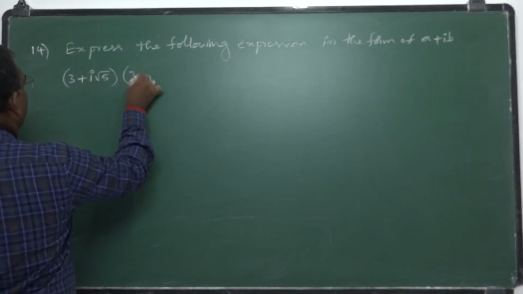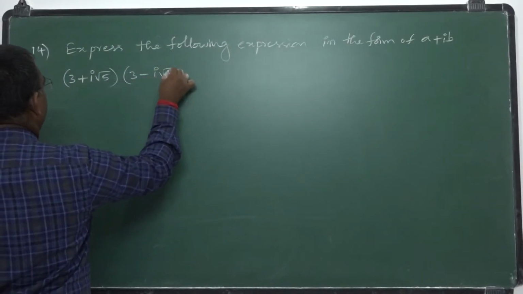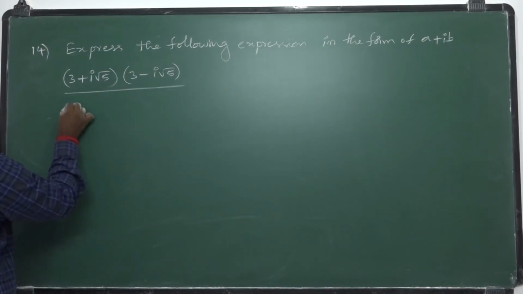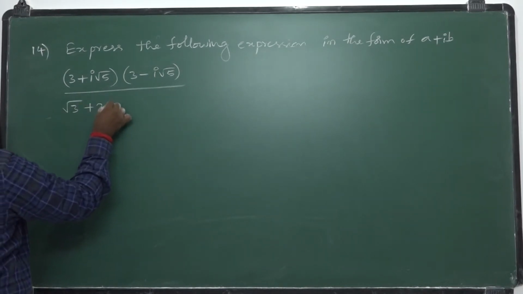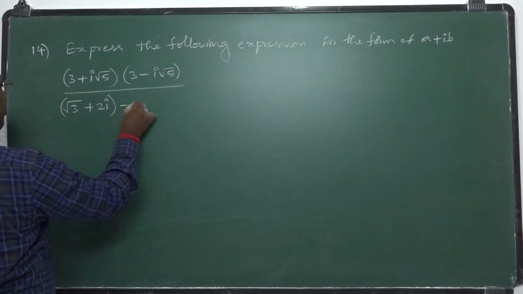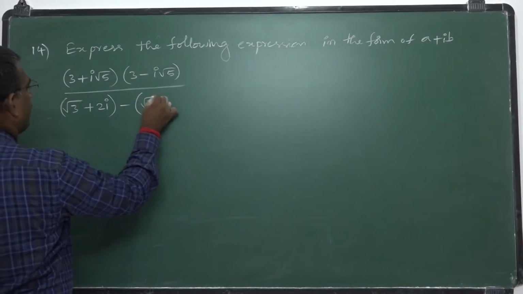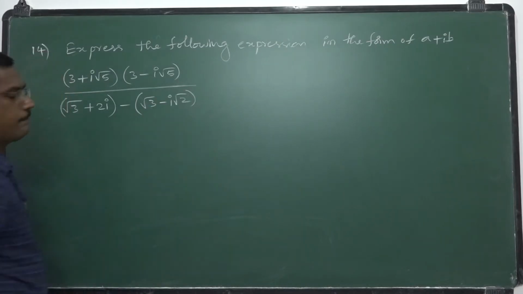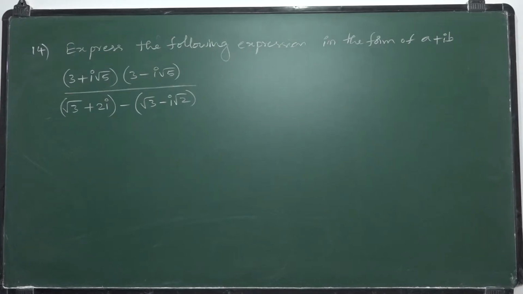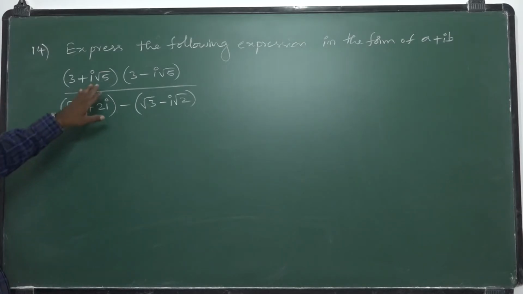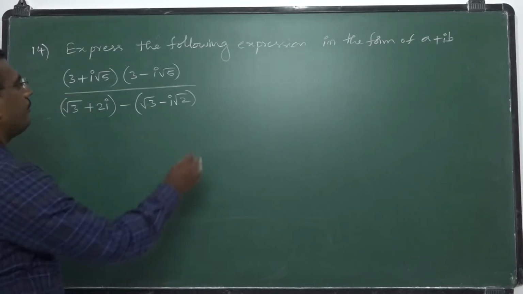into (3 minus i root 5), divided by (root 3 plus 2i) into (minus root 3 minus i root 2). So we can express the given expression in the form of a plus ib. First, simplifying the numerator, this will be equal to